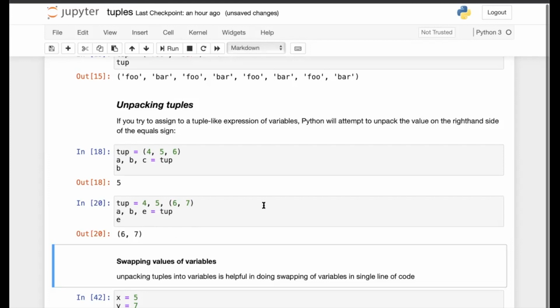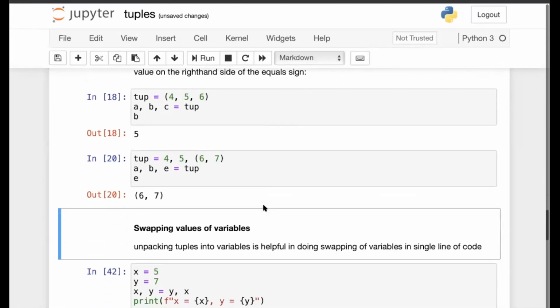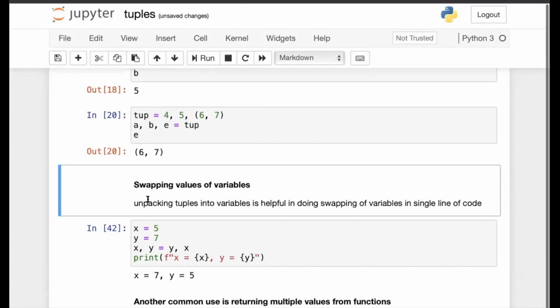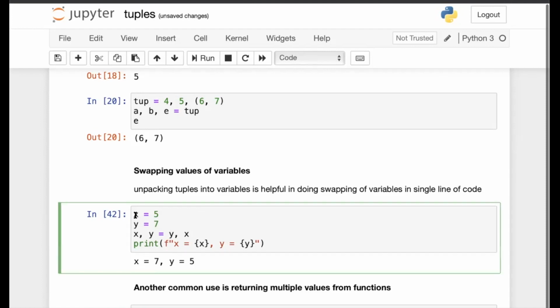This concept of unpacking tuples you can also use to swap the values of variables. Unpacking tuples into variables is helpful in swapping variables in a single line of code. In this example, x has the value 5 and y has the value 7.